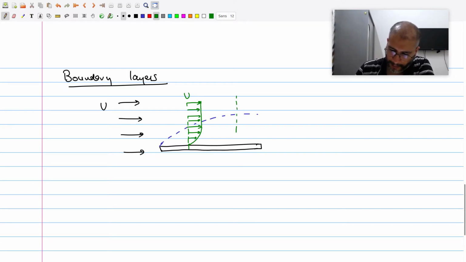Since what we have shown here is that as we go from left to right the boundary layer size increases, that simply means there's nothing like a physical boundary layer. It's just a hypothetical concept, this blue dashed line I've shown. It simply means that the y distance it takes for the velocity to go from 0 to U is increasing. So this is u as a function of y in both cases.